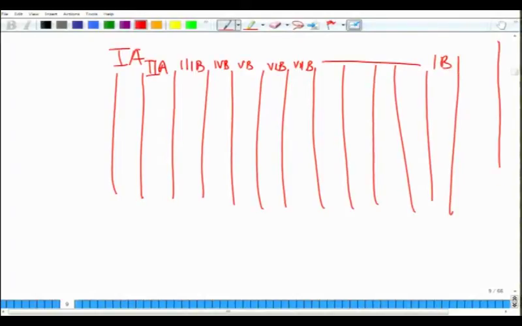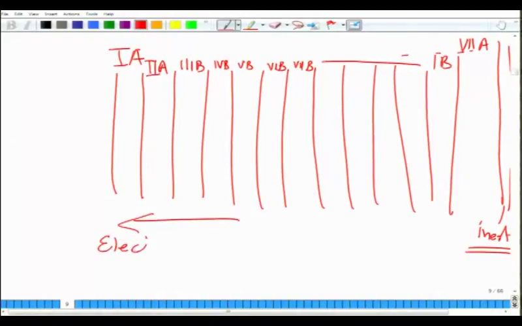So on the extreme right what you have is the inert elements, which is called 0, and all the way to here we go to 7A. 7A is nothing but the halides just before the inert. So as you go from left to right of the periodic table in terms of number of columns, on the left you have elements which are called electropositive. On the right, just before the inert elements, you have elements which are called